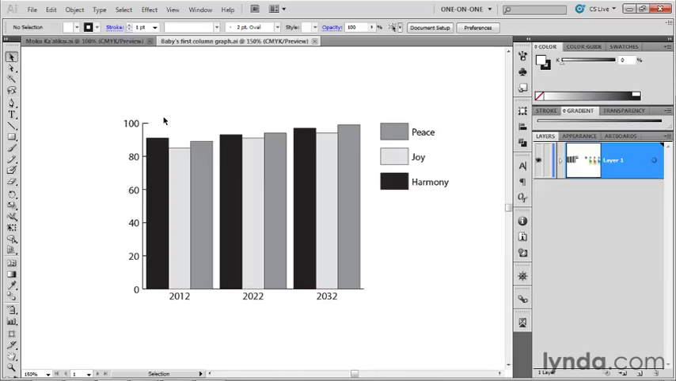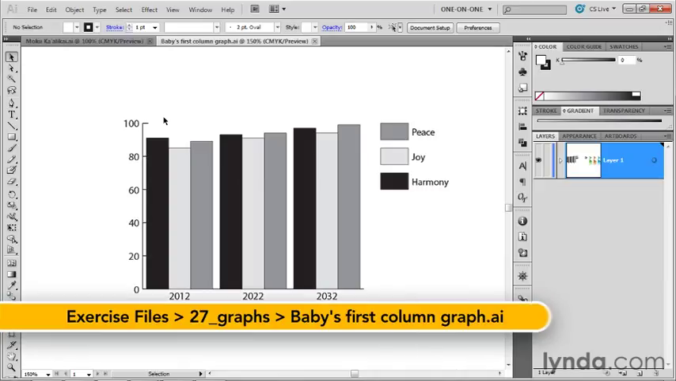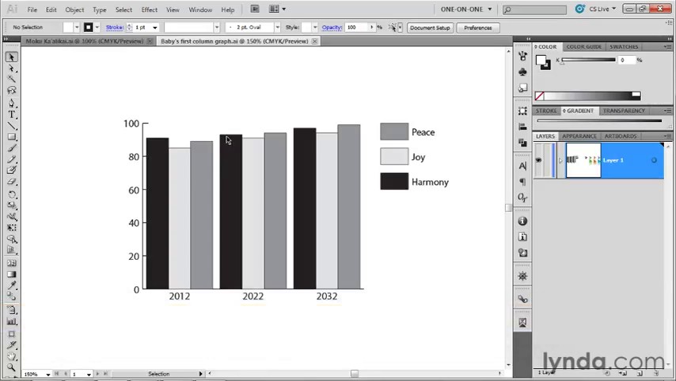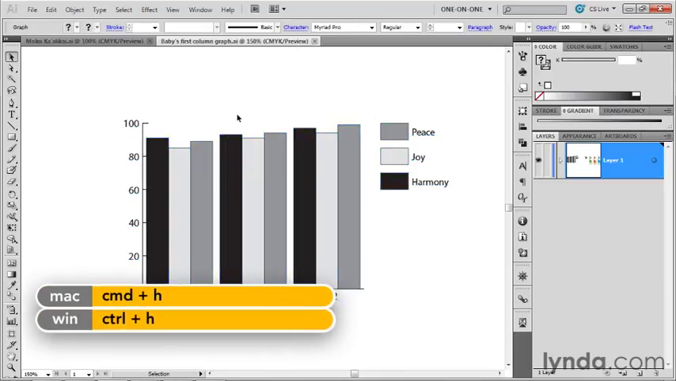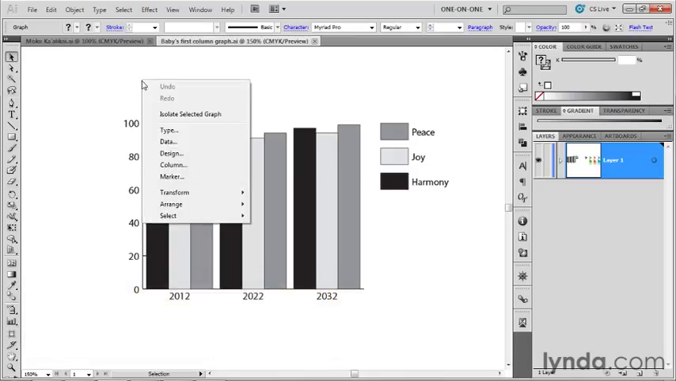In this exercise, I'm going to tour you through the other options that are available to you in the graph type dialog box. I'm still working inside of Baby's First Column Graph.ai. I'm going to go ahead and click on the graph to select it here inside the illustration window. Press Ctrl-H or Command-H on the Mac to hide the selection edges, and then right-click anywhere inside the illustration window. It doesn't matter if you right-click on a graph or not, to bring up that shortcut menu and choose the